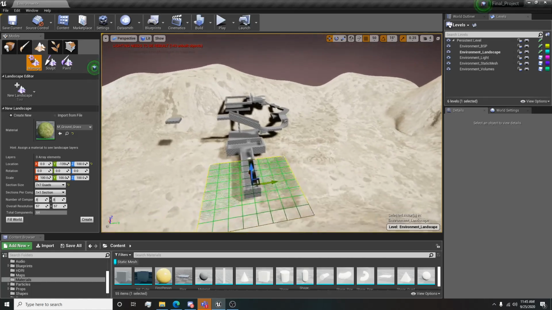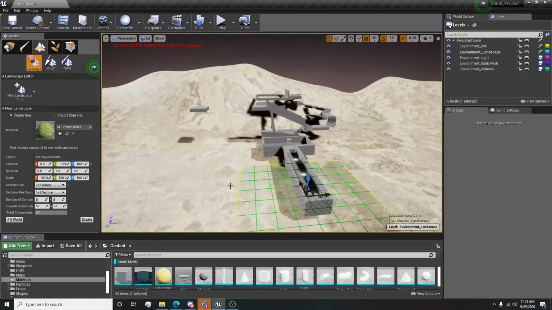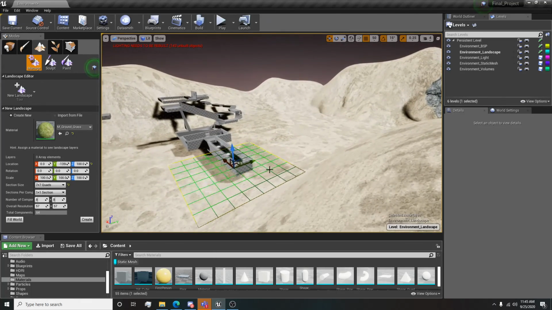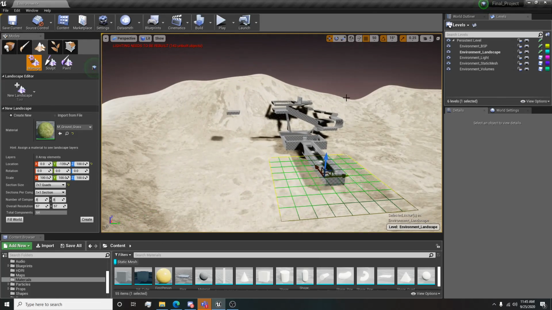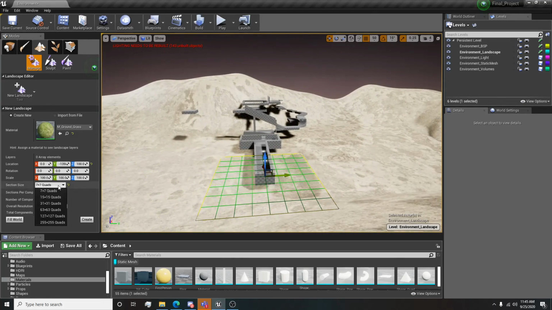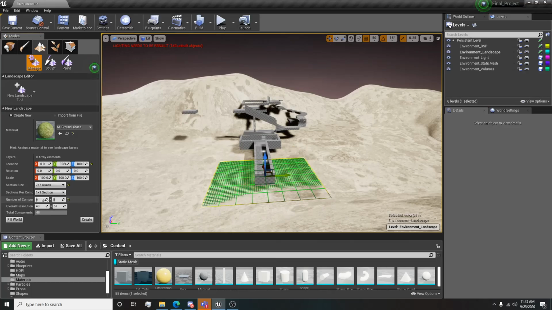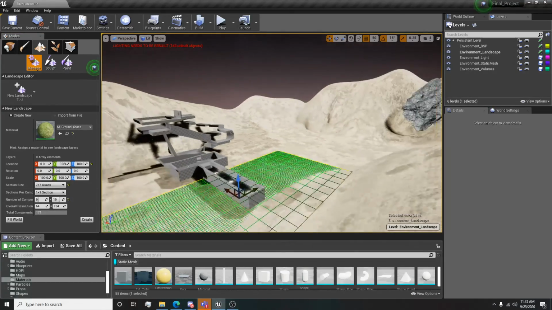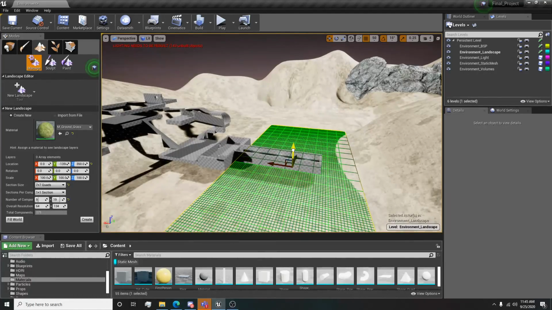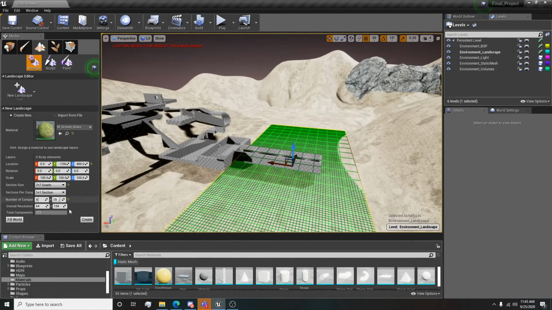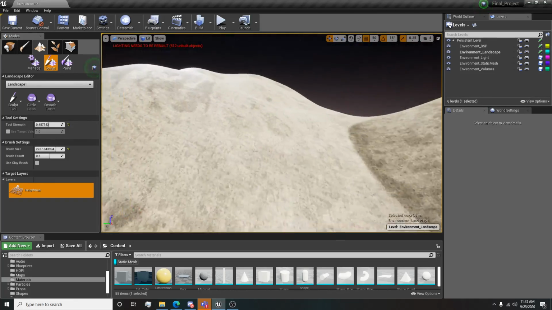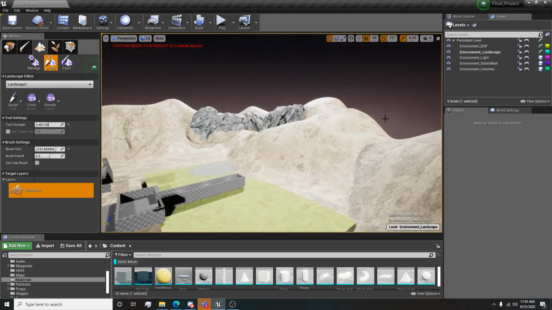So let's just imagine that this will all be covered. This will be a giant model of like a palace or something. And then let's say this will be like the courtyard. So let's say, you can imagine that maybe there's this